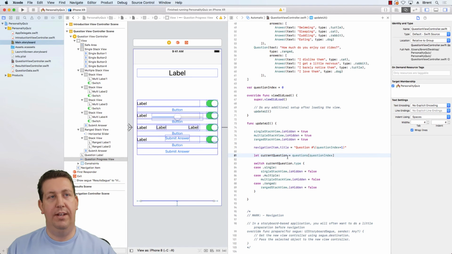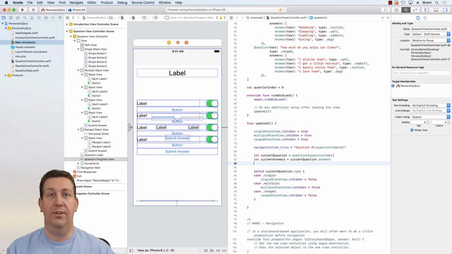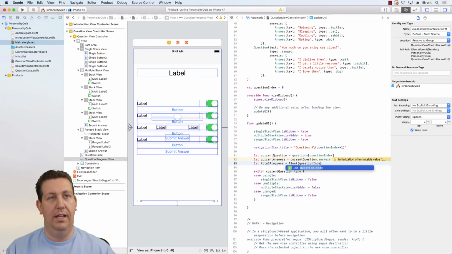So after we have the current question, we also want to have the current answer. So we say let currentAnswers equal currentQuestion.answers. And then we're going to calculate the total progress. And to do that, we're going to say totalProgress equals, and it's a float. And so the float is going to be the questionIndex